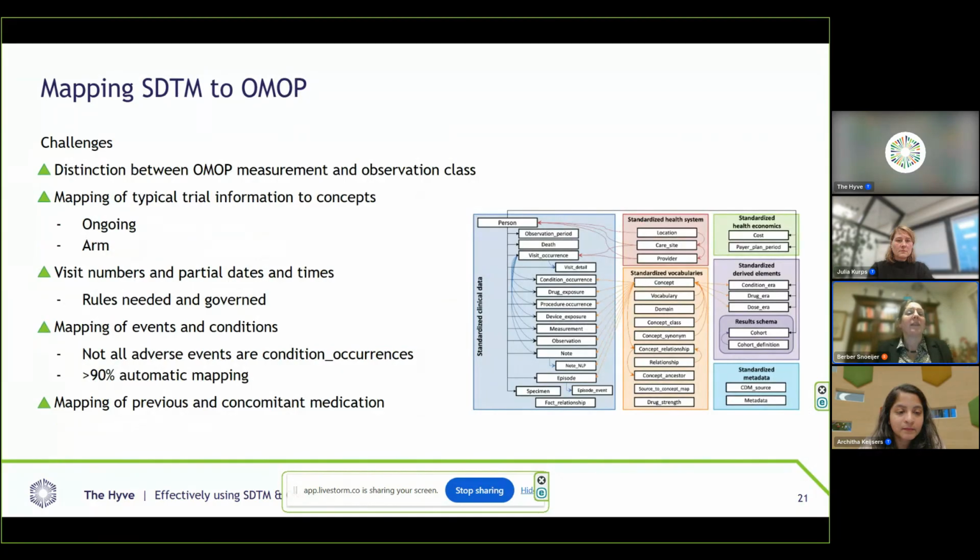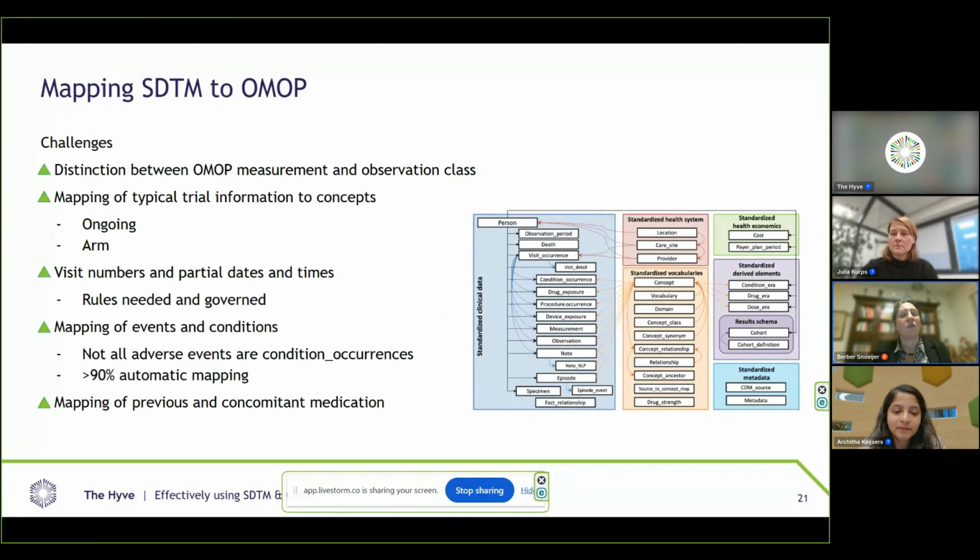On the other hand, SDTM to OMOP. That is the OMOP measurement and observation class. So if you have variables in SDTM, and they are not yet available in OMOP, are they then a measurement or are they an observation? Sometimes it's difficult to point to that. But also mapping of typical trial information to OMOP concepts like, is a drug ongoing or not, the arms, visit numbers and partial dates